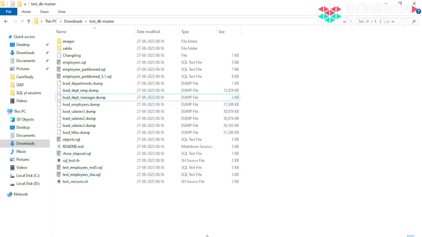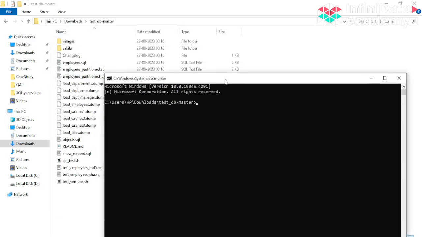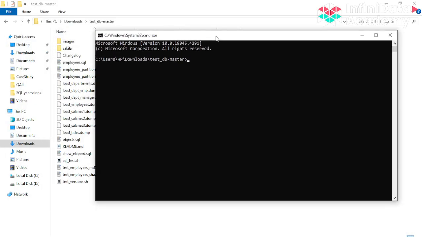So इसको run करने के लिए you can go to your command line. I will open the command directly from here. इसके ऊपर just make sure your MySQL bin path जो है वो आपके environment variable में set है. If not, you can just Google it up quickly and how to set MySQL bin path into your environment variable and set it up.